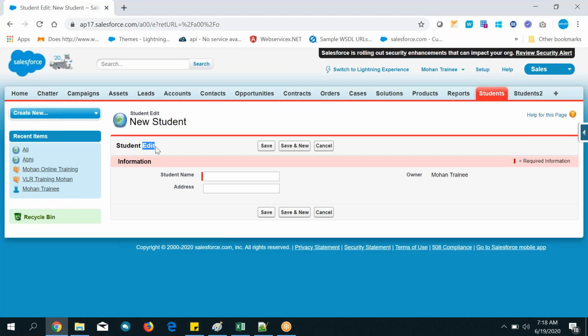You are editing, can you see? Student edit page. Generally we can call it a page. This is one record, and the record edit page, and here you can edit the details. Edit means you can modify, add new, all those kinds of things we can do. So to create a new one, fill in the names and address details. Any address you can give, and click on the save button,